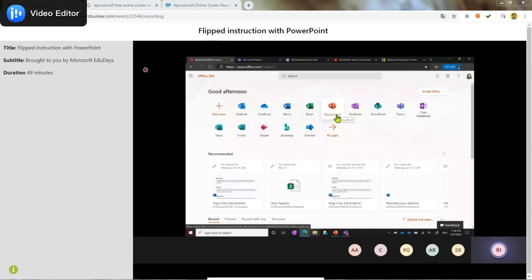Through your education license, you can go ahead and install those Office apps on your device. So if I click here, I can install Office 365 apps. You'll see it says Outlook, OneDrive, Word, Excel, PowerPoint, and more. So this is one easy way to make sure that you have the desktop app of PowerPoint installed, and you can go ahead and start recording those lessons.